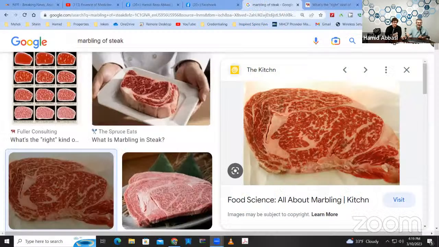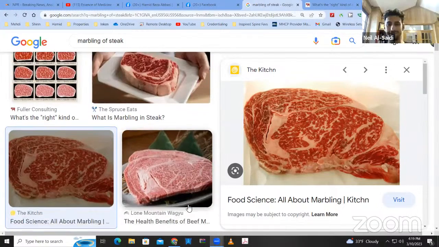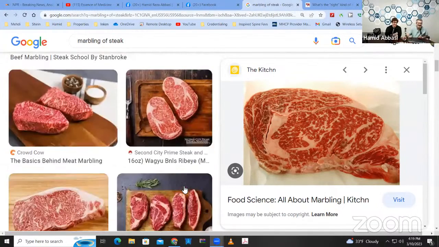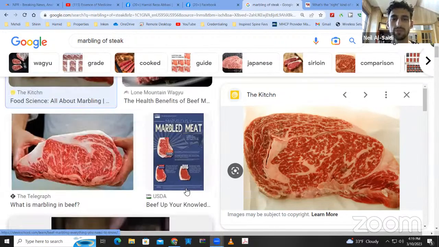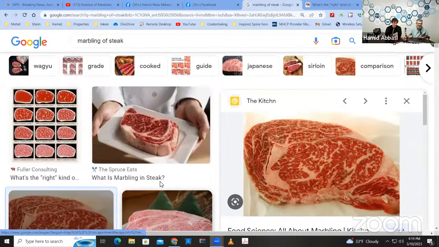Now, look at that picture, which is an actual picture of a steak. I want to go and look at actual meat here. Oh, wow. Look at that. I think you have to share your screen again. Oh, I haven't shared my screen yet. Okay, here we go. Do you see it now? Marbling of steak. Do you see that there? Is that the fatty deposits within the muscle? Yes, that is exactly the fatty deposit.